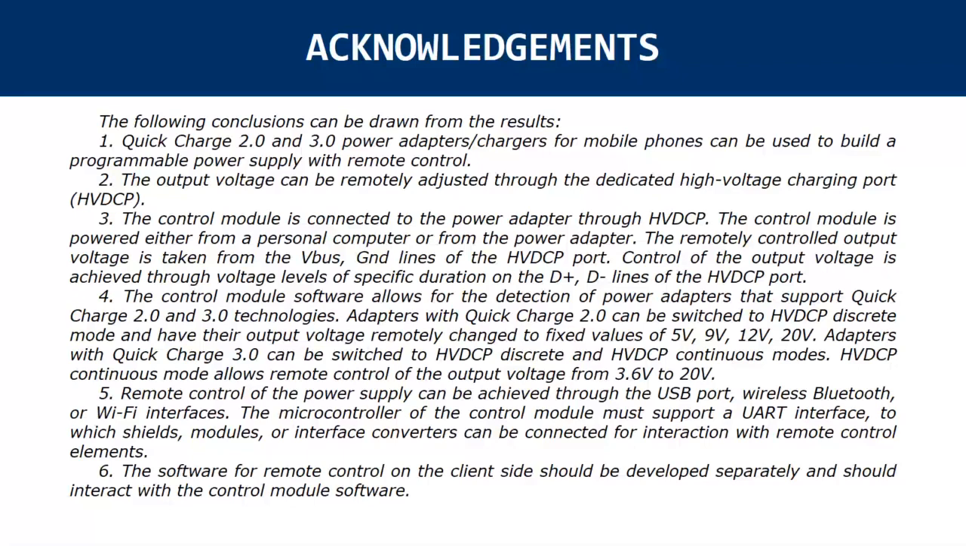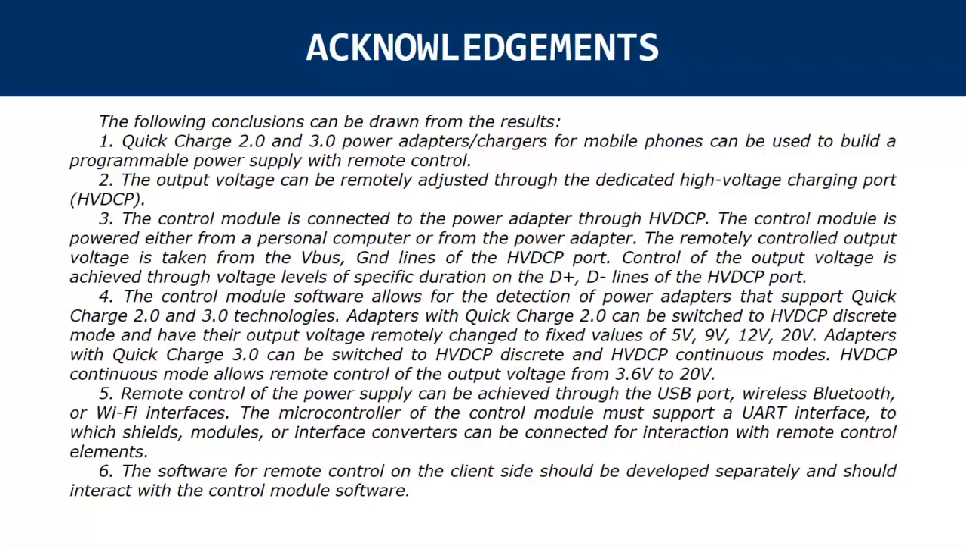The remotely controlled output voltage is taken from the VBUS, G and D lines of the HVDC port. Control of the output voltage is achieved through voltage levels of a specific duration on the D+ and D- lines of the HVDC port. The control module software allows for the detection of power adapters that support quick charge 2.0 and 3.0 technologies. Adapters with quick charge 2.0 can be switched to